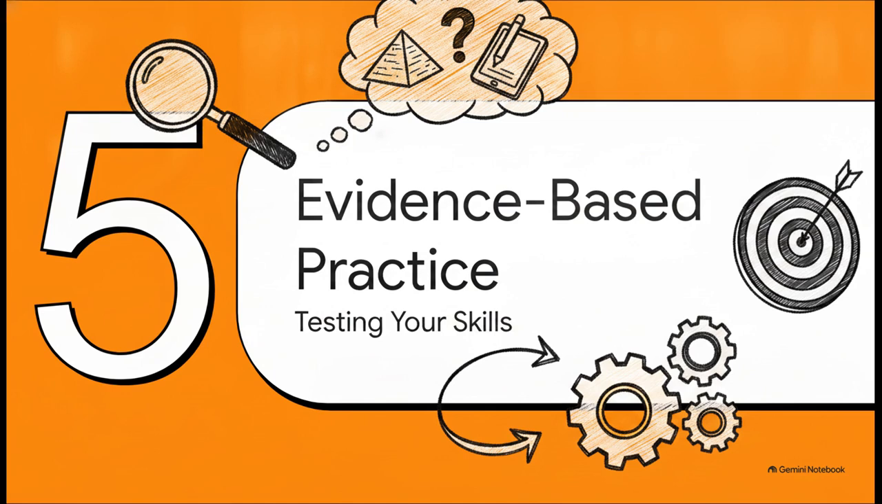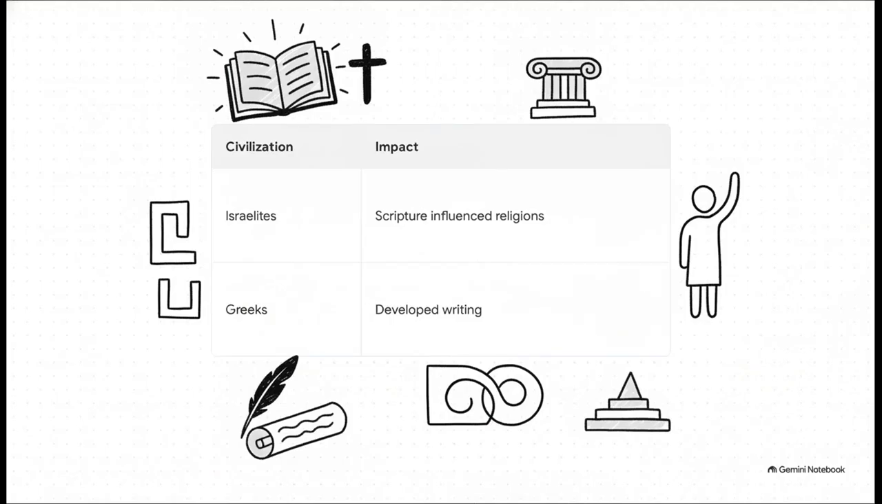Section 5. Evidence-based practice. Testing your skills. Let's do a little practice matching a civilization to its specific cultural impact. For the ancient Israelites, your evidence would point to how their scripture heavily influenced the later religions of Europe. For the ancient Greeks, your evidence would show how they developed writing and heavily influenced concepts of government and social